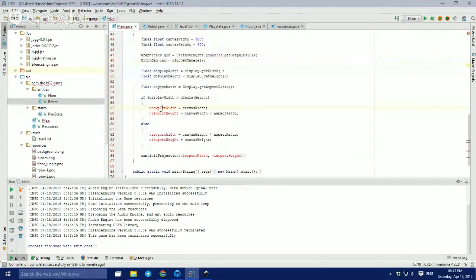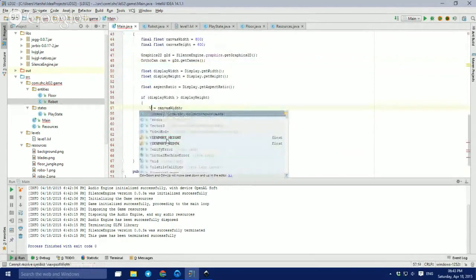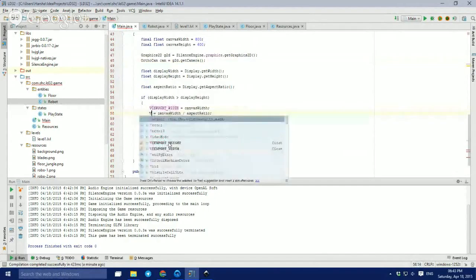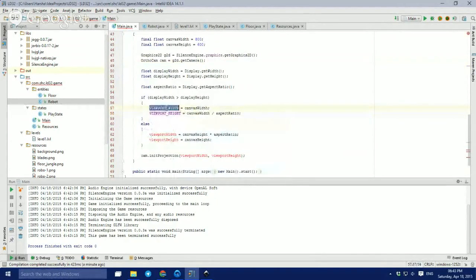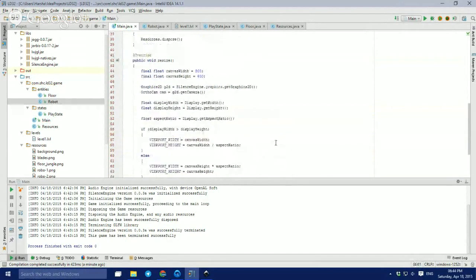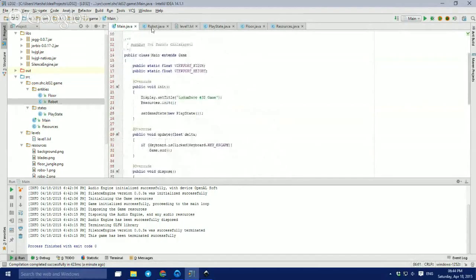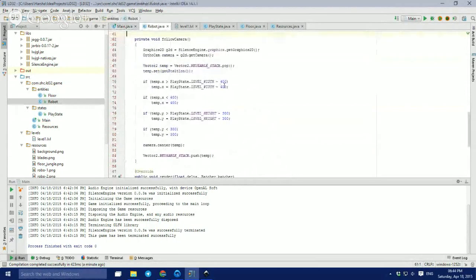So remove this, and replace viewport width, viewport height. Okay, this should work. And in the robot class, instead of using the 400 or 300 constants, I'll be using